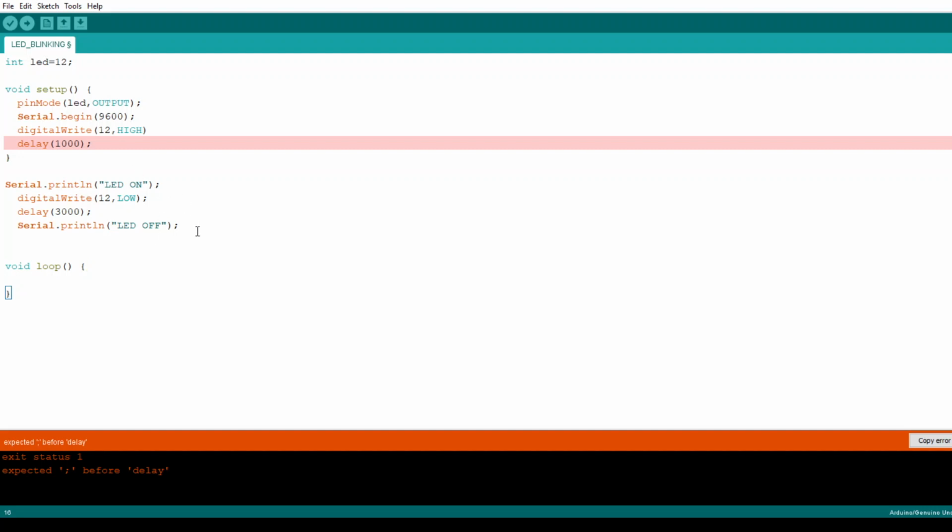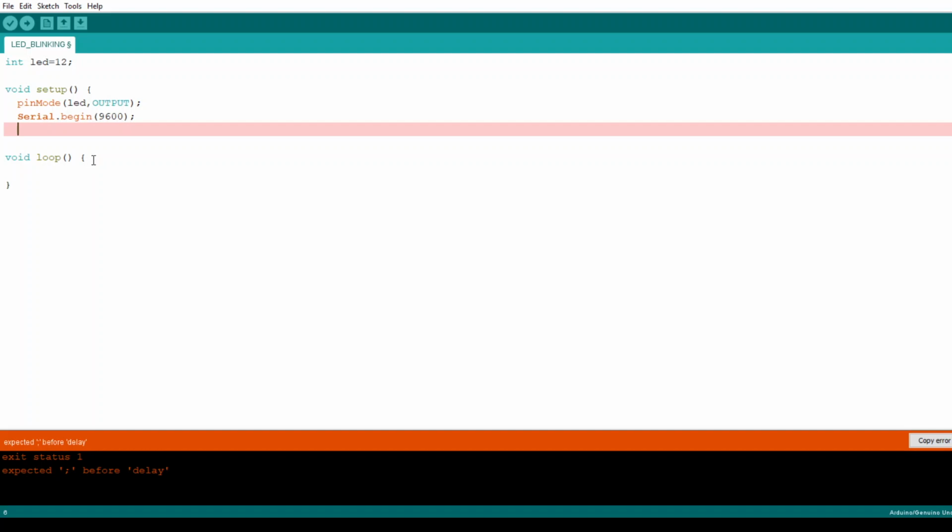Now I open the serial monitor, and LED on and also LED off are shown on the serial monitor. Here I am changing the code back to be under the while loop, so the closing curly braces are needed.